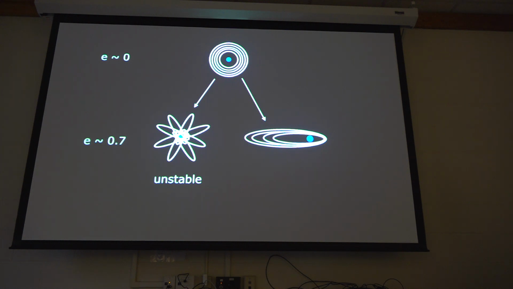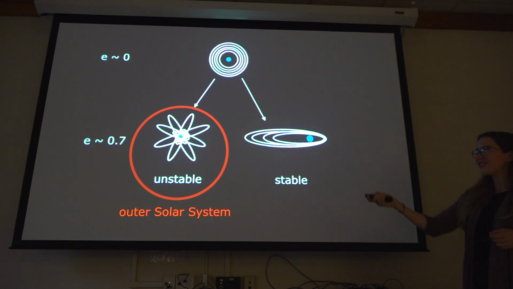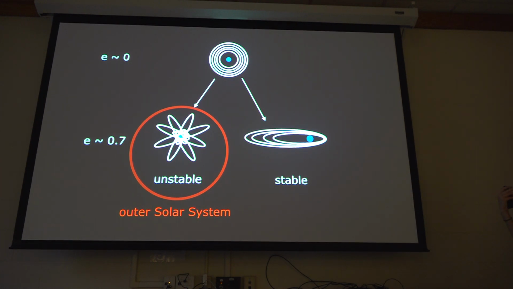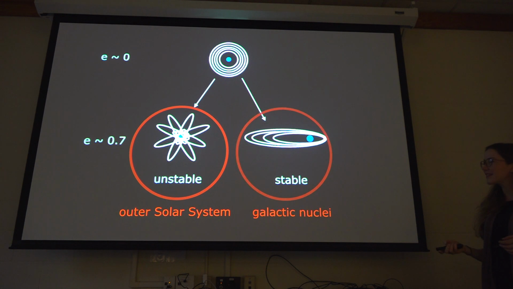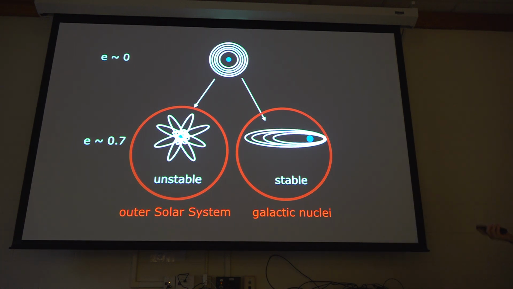And I will be applying this to the solar system. The second system I'm going to show you is an extremely stable system. This is the outer solar system context, where there might be evidence that orbits have been in this state and have become unstable and jumped away from each other. In the second case, I'm going to apply this to galactic nuclei, in particular the M31 nucleus, showing that not only is this system very stable when you have stars moving in this structure around a massive black hole, but it can produce really interesting things like high rates of tidal disruption events.